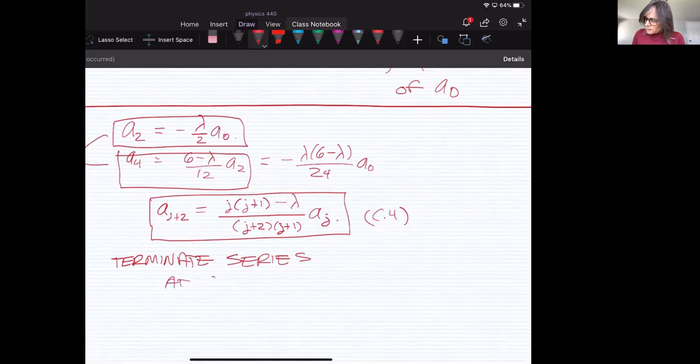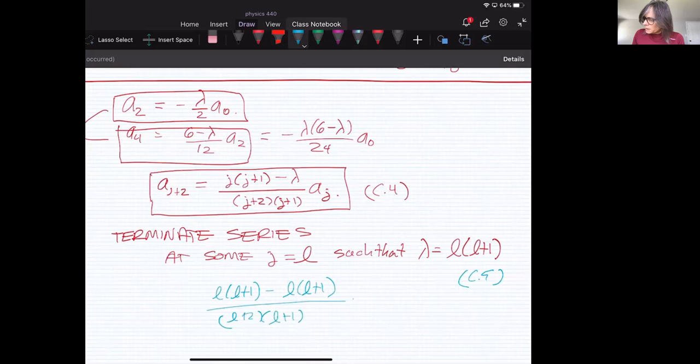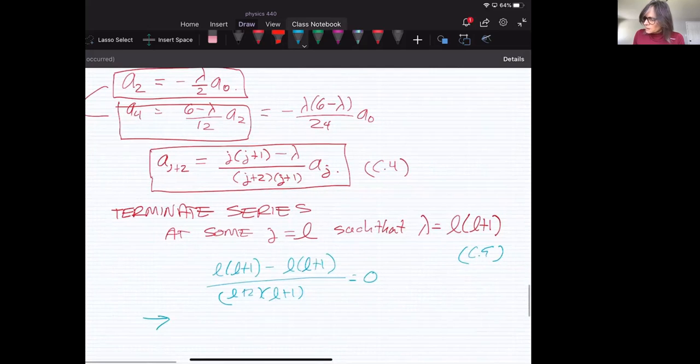And the way you do this is you terminate the series at some j equal to L, such that lambda is equal to L times (L plus 1). Right? And you can see that if that's the case, if you substitute in those values, then you would have L times (L plus 1) minus L times (L plus 1) over (L plus 2) times (L plus 1) equals 0. And so the series terminates